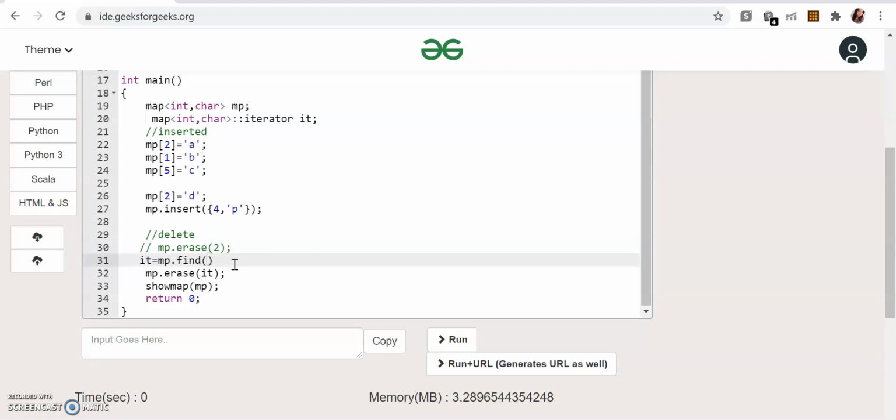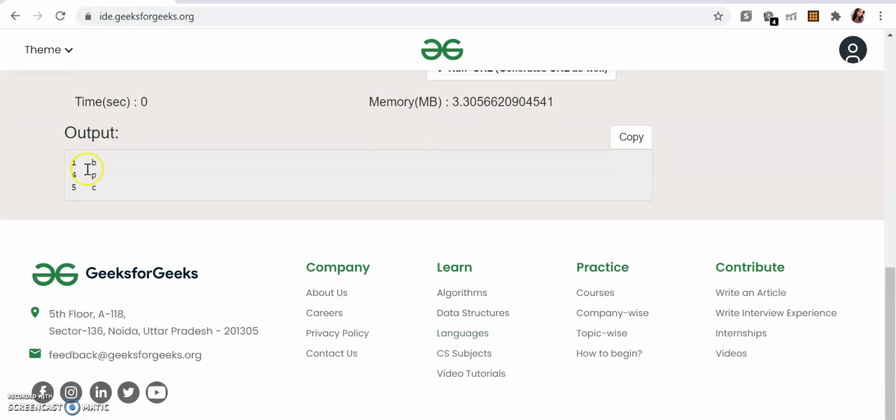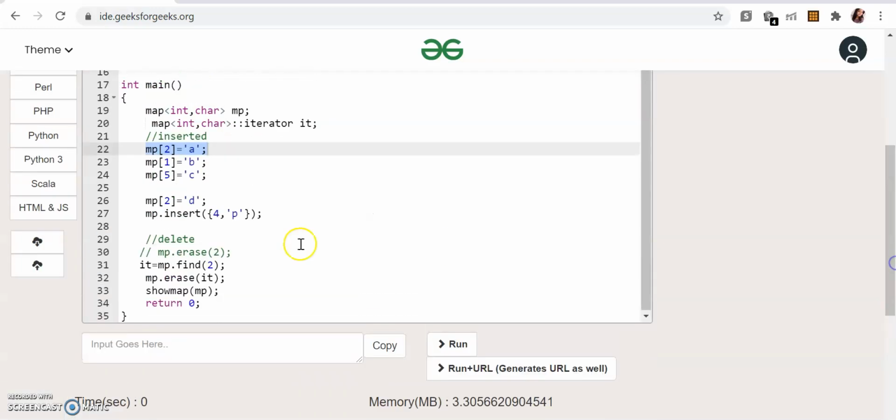So here let's give 2. It should delete this entry 2, a. See, it has deleted the second entry. Now you saw how find works, and you also saw how erase works.